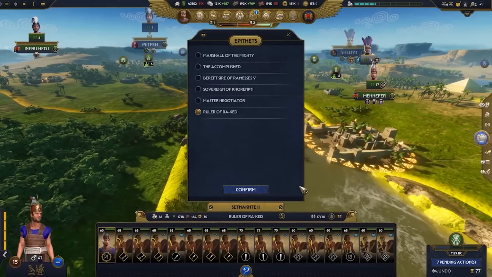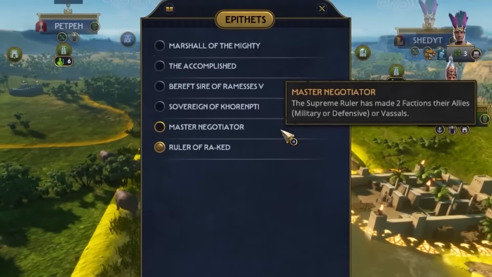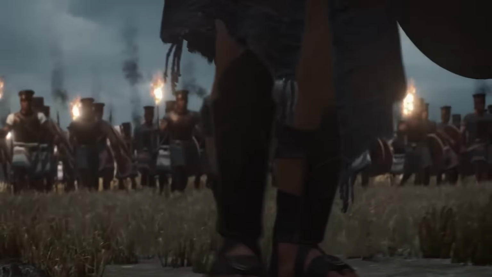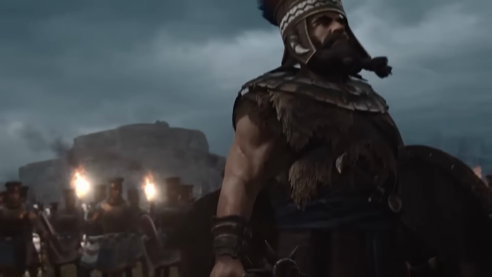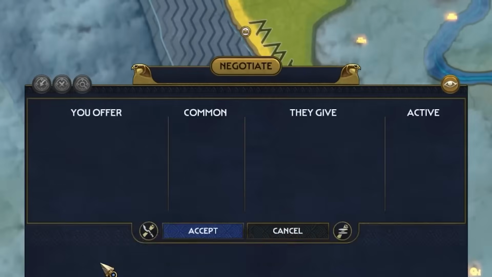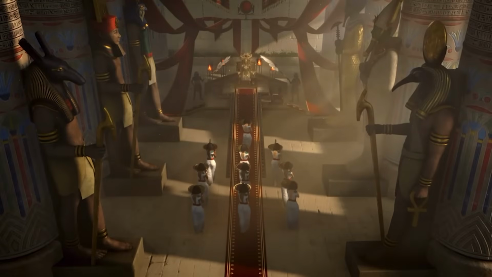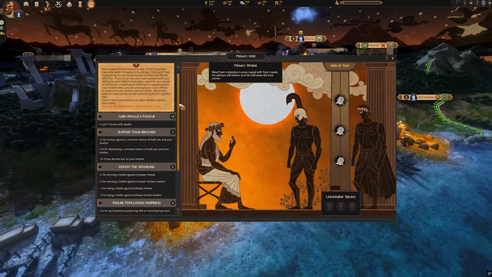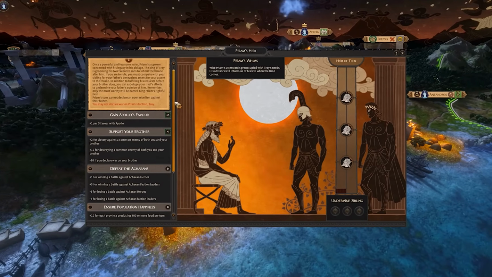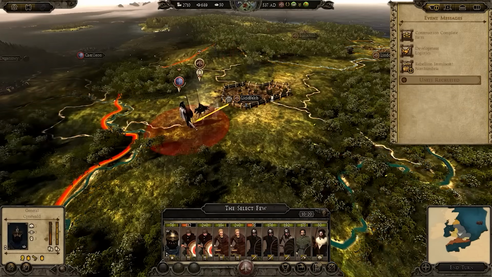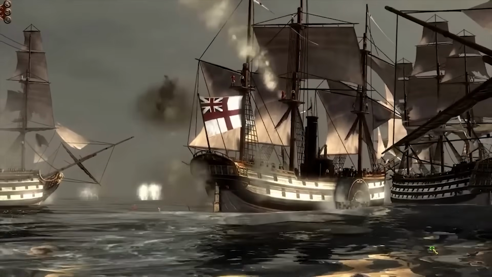The result is that the game doesn't know what it wants to be, a serious historical strategy game or a lighter Warhammer-inspired character sandbox. This identity crisis also affects how the story of these games are told. Older historical Total Wars did not need elaborate cutscenes or character arcs to make the player feel part of history. The story was written by the player's actions, by the rise and fall of empires, by the decisions made in